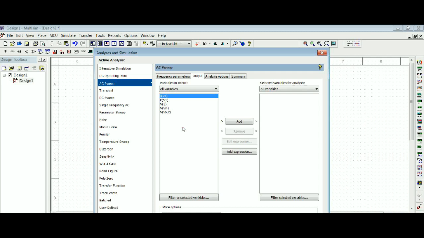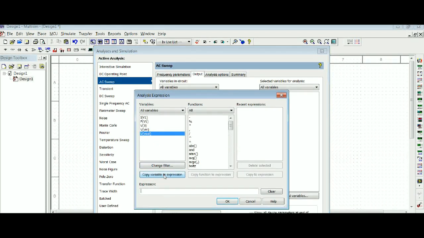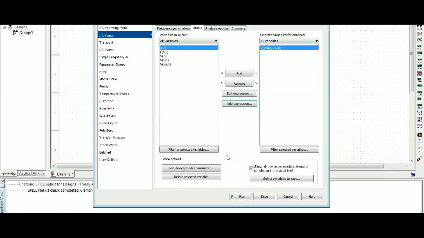So the way we would do that would be add expression, selecting V out, copy to expression, divided by V in, and copy to expression, click OK. Now running this again